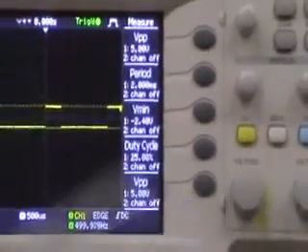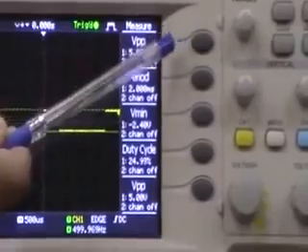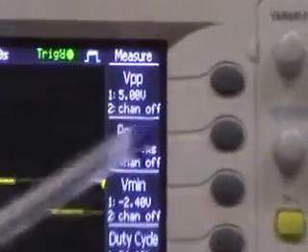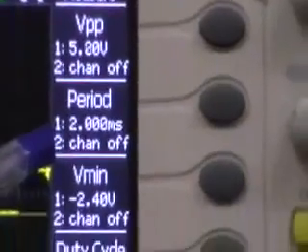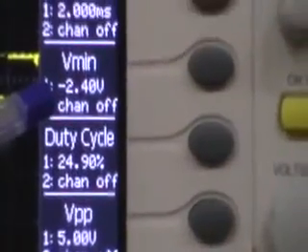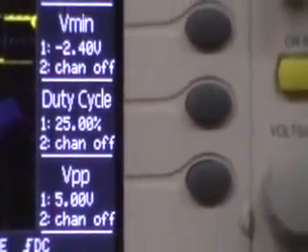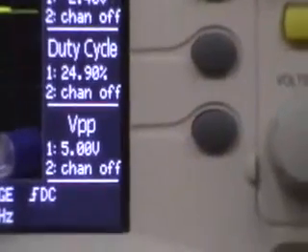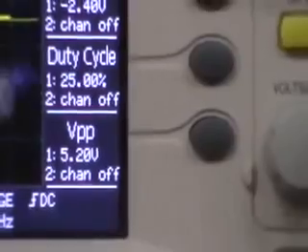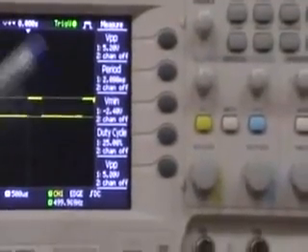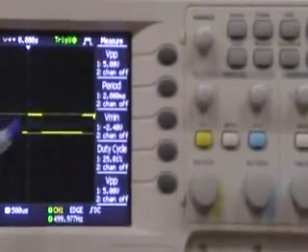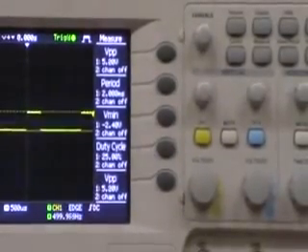Currently, the measurements with these 5 function buttons are displayed over here. The first function button is displaying peak to peak voltage. The second function button is displaying the period, and the third function button is displaying minimum voltage. The fourth function button is displaying duty cycle, and again the fifth peak to peak voltage. So these displays can be selected on our choice, whatever we require for our experiment. Like if you want to select for F2,